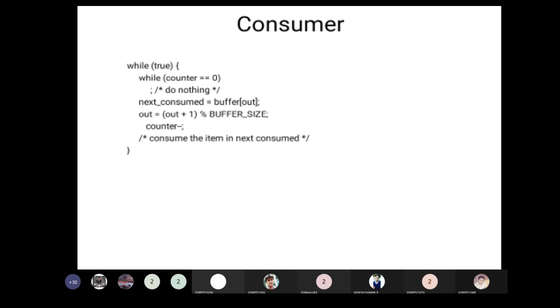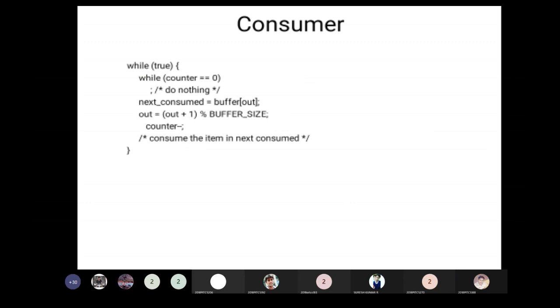Now coming to the consumer side, if the consumer wants to consume an item, definitely there should be some item in the bag. Without any items, the consumer cannot consume. So he initially checks, using the variable counter, whether the bag is empty or has some items.